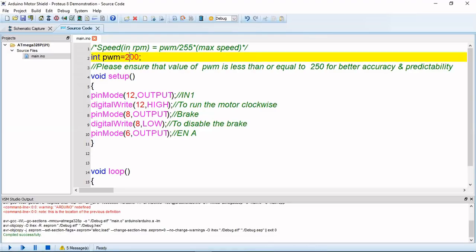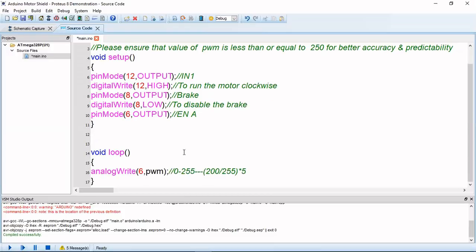Now I am making it 100. If I make the PWM value 100, then the average voltage generated at the sixth pin will also be half, because instead of 200 it will be 100. So ideally the speed should be half.